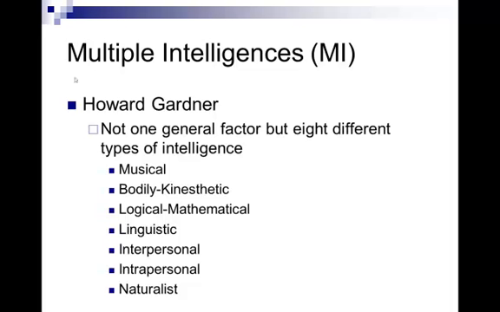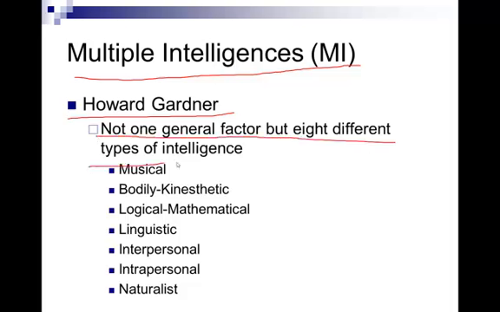And then we've got multiple intelligences. This is probably the easiest one to pronounce here. Put together by Howard Gardner. Now, he didn't think that intelligence was one thing. He looks at intelligence in a whole different way. There are 8 different types of intelligence. And then he lists them all, and we see them right here. And this one is a pretty comprehensive listing. And so our intelligence is a sum total of all 8 of those things.